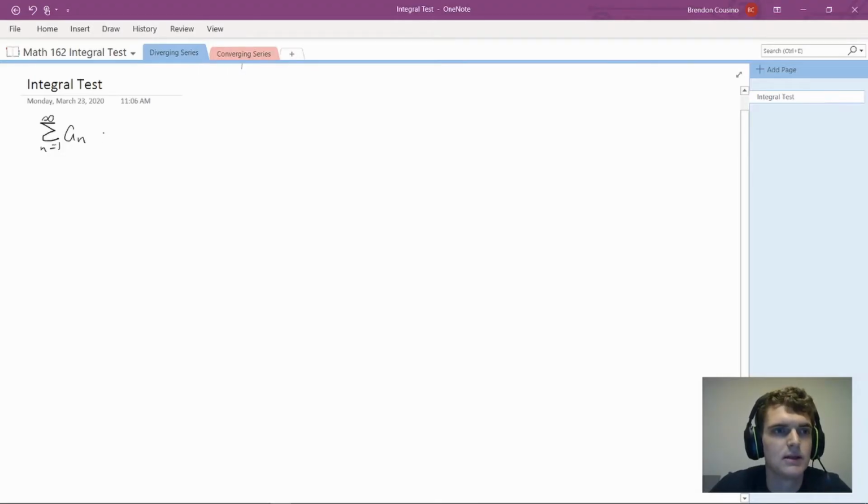Alright, so let's get into the integral test. We're going to start with a series from n equals 1 to infinity of a of n, and a of n is just a function of n. We're going to say that that function of n is similar to a function of x, and then the integral test says that if we can show that f of x